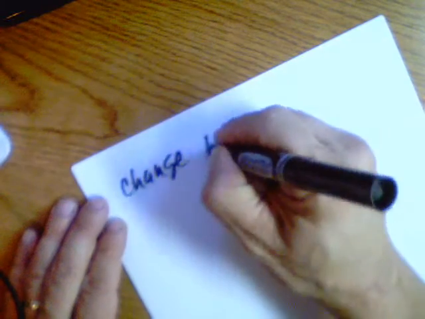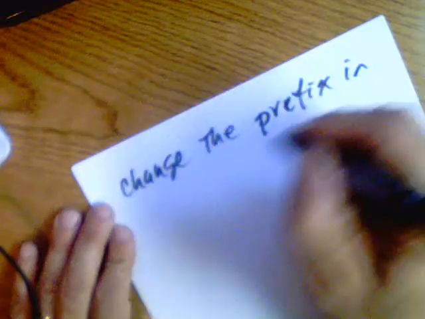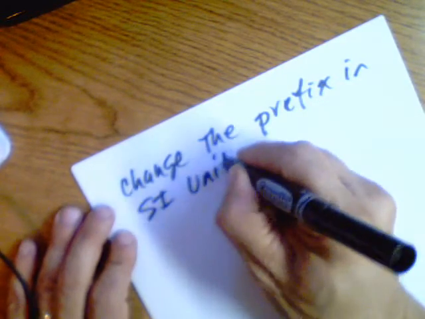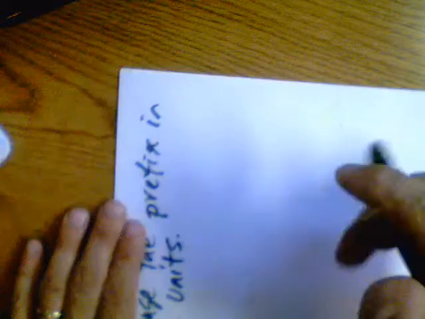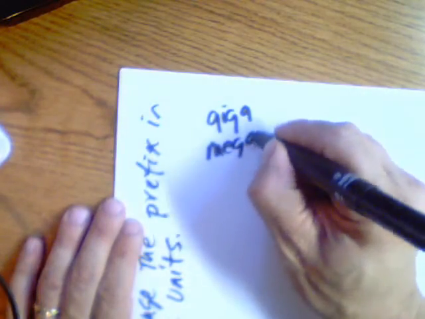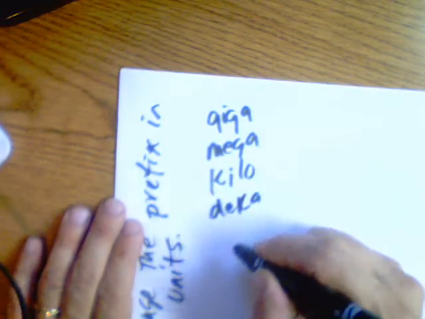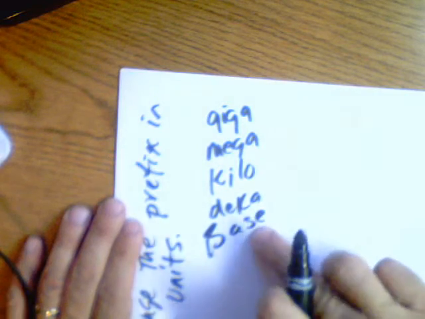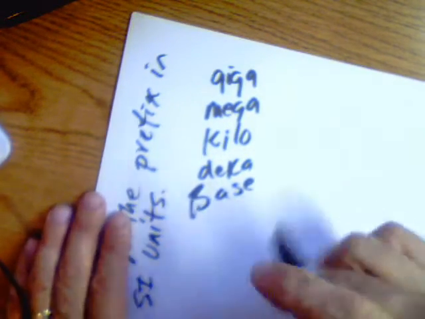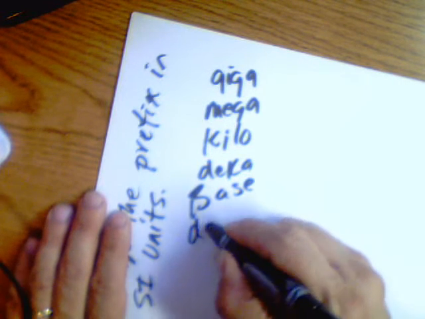So look, dimensional analysis is used to change the prefix in the SI units. The prefixes are giga, mega, kilo, deca, and then your base units. Base units would be grams, liters, meters, deci,